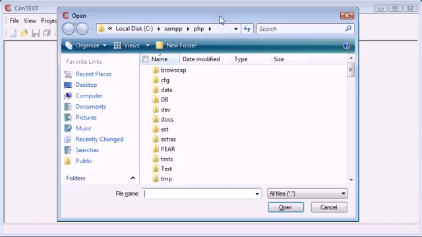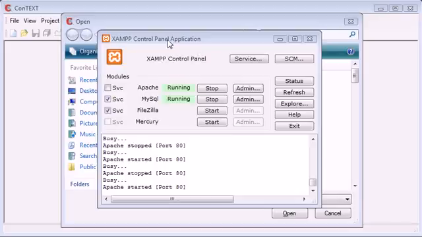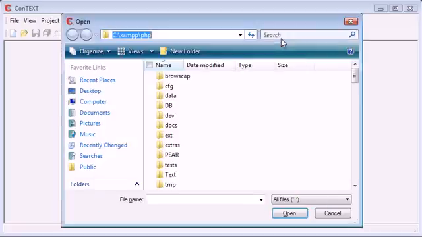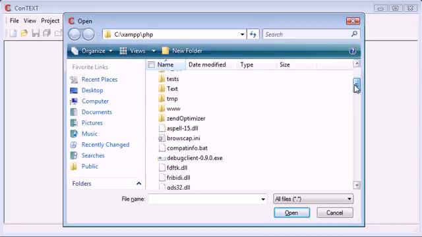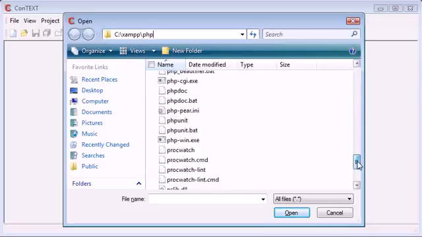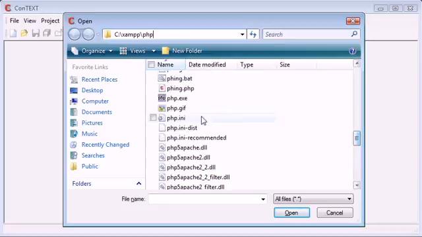So let's open up an open dialog. Now you can see that at the moment I'm in c:\xampp\php. This is because I'm running a XAMPP package. You can see here I've got my XAMPP control panel open, and I've got Apache and MySQL running. This is just a package that I've installed that contains Apache along with PHP installed with Apache. So this is our folder with PHP, and it's got all the information and the runtime DLLs with regards to our PHP installation. Now obviously the file we want, let's just find it, it would be here, is